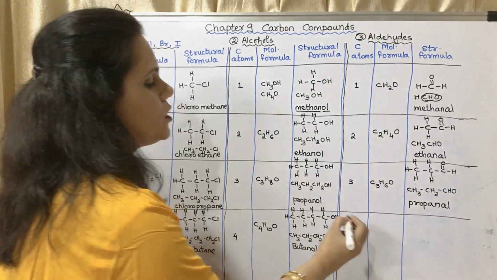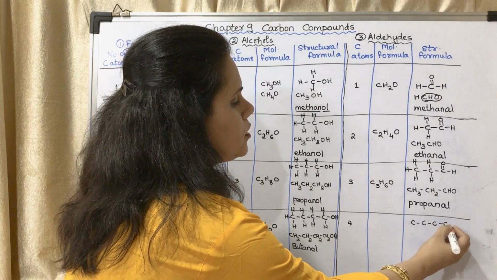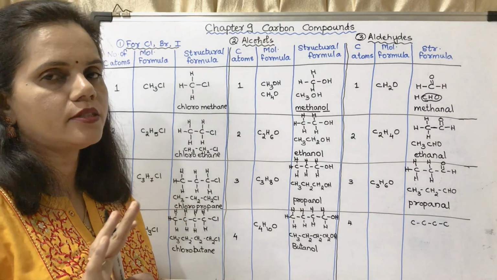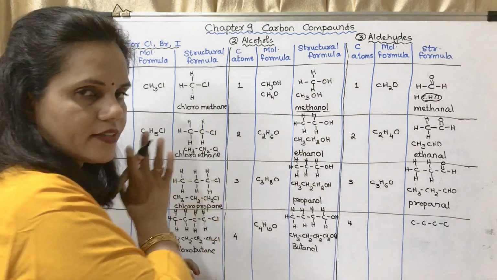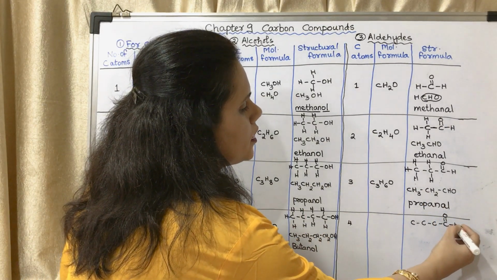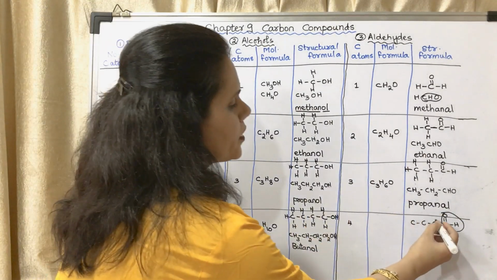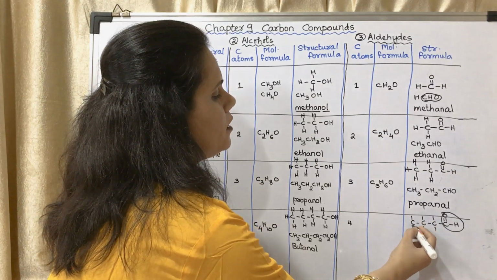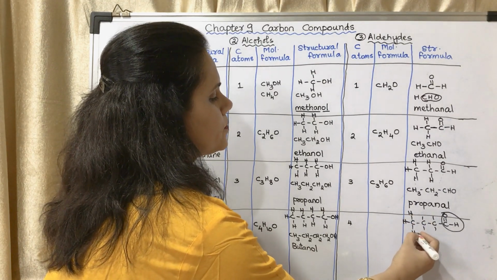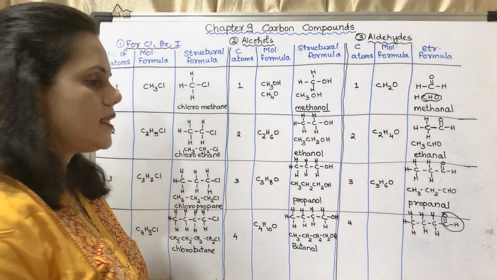Now the next one with 4 carbon atoms. I will draw first the backbone. This is the backbone of 4 carbon atoms, but one towards one side. It could be either on the left hand side or on the right hand side. Here you have to put O and H. So this is the functional group, CHO. What about the others? You may fulfill the 4 branches or 4 lines with H each. H everywhere.